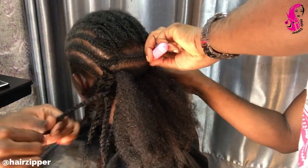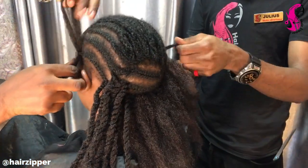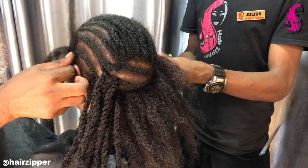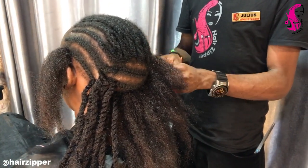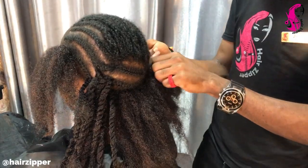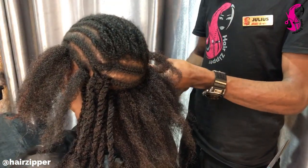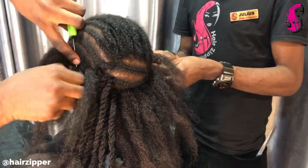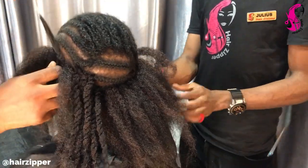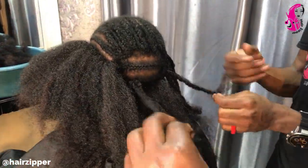You can see how I'm twisting it. And a tip: if you know that your client has a bad hairline, please try to advise on the type of hair someone is supposed to plait. As you can see, I chose this one because I know it is going to last longer for her, and by the time she unplaits the hair, at least the front hair will have grown. So I chose the shanties, knowing that it's going to maintain the hairline, because if someone has a bad hairline and you plait something long, it will be difficult